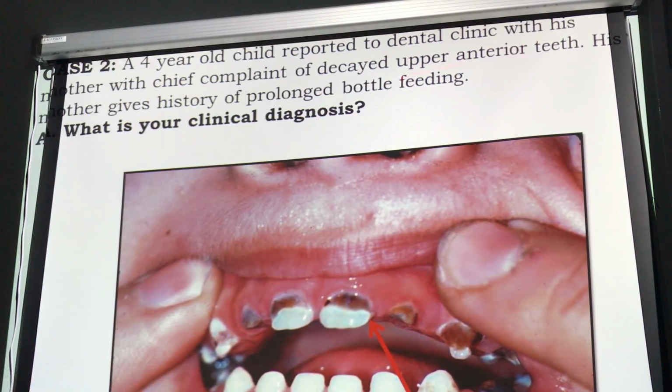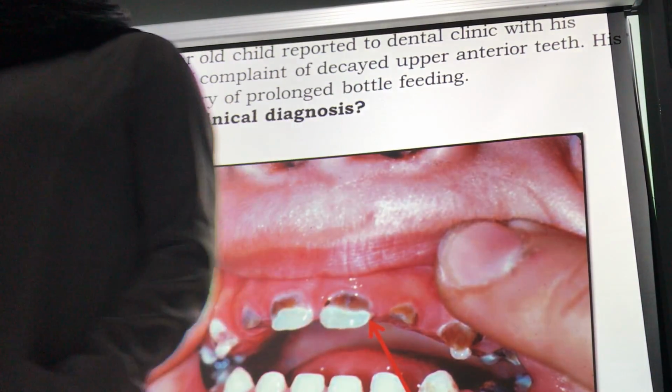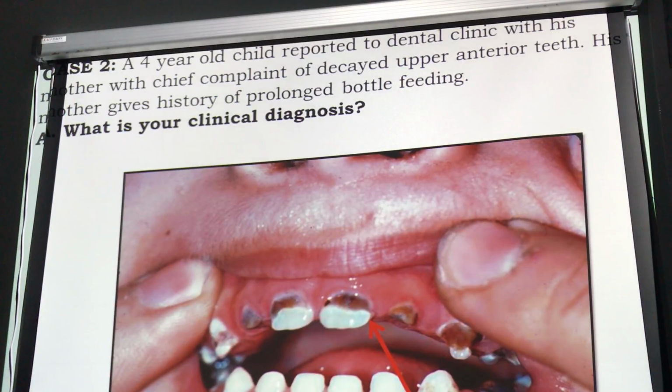What is the name given to this type of lesion occurring in toddlers or small young children? What is the name for this? Bottle caries. What bottle caries? Nursing bottle caries. Okay. What is the etiology for it? What is the etiology for this nursing bottle caries? During the night,